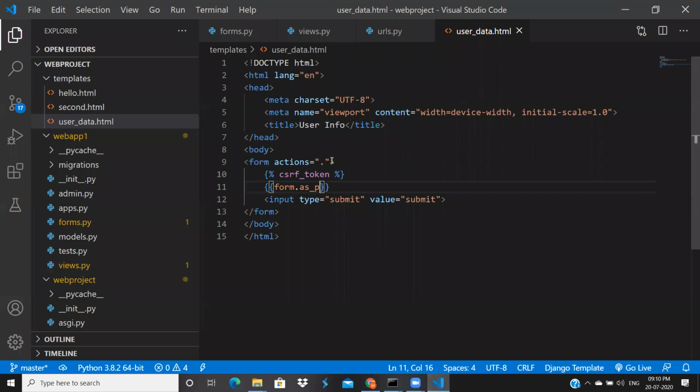Yeah, one minute. Here in the form method, we have to mention this method attribute. This is an HTML thing.